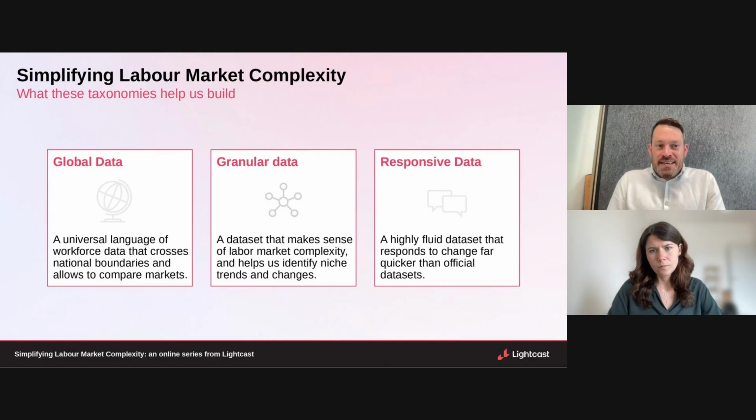So that's why we've invested and why we care about taxonomies here at Lightcast, is to enable a lot of that, and not to necessarily replace what's already there, but to extend and develop it in ways that are just not possible to do with the infrastructure and how things work through the standard kind of official statistics mechanisms. And that's even where there are official statistics. Obviously, we're blessed here in the UK to have such a great infrastructure.